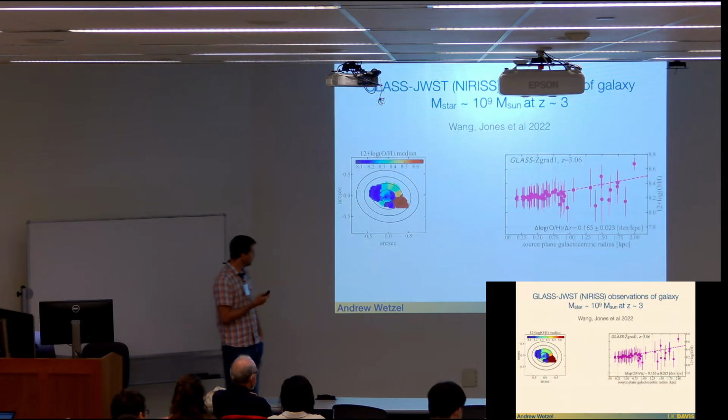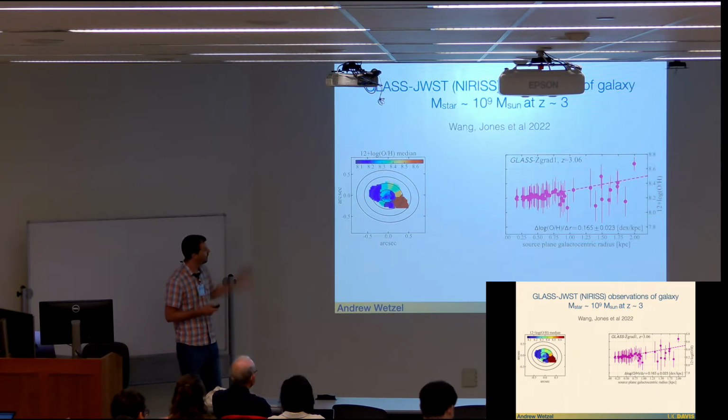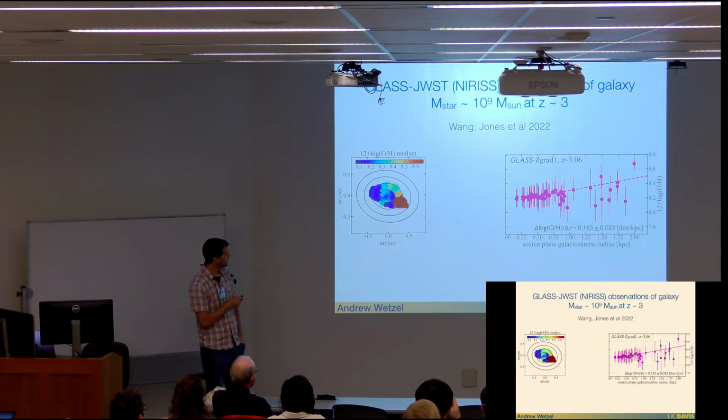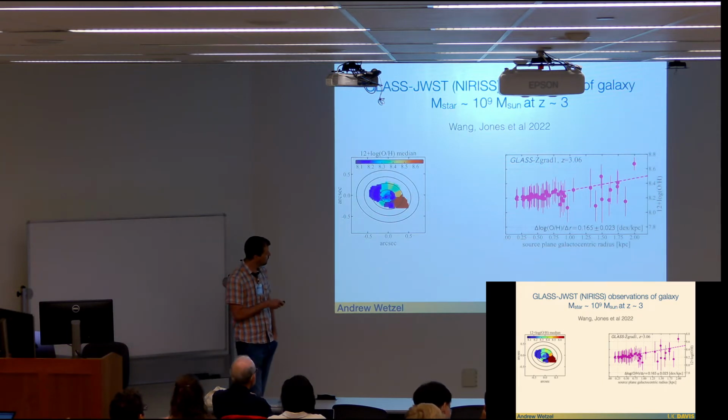And just because it seems like a theme of this meeting is to show James Webb results, why not? So I'll just highlight one I thought was interesting, a recent paper. Tucker Jones, a colleague of mine at UC Davis, had a hand in this. So GLASS JWST measurements with NIRISS of a galaxy that's roughly a progenitor mass of the Milky Way at redshift 3. And in this paper, if you read it, they made a big deal that they're seeing